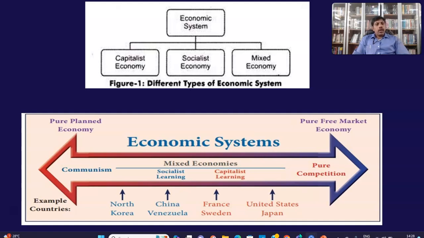Therefore, there is no intervention from the government. So what are the merits and demerits of the capitalist economy? Let us discuss one by one. The merit of a capitalist economy is that it is like a meritocratic society: only the people who are very good, talented, hardworking, and skillful will be able to produce more profit in this economy. Other people, not so much. And the next merit is that it registers a high level of economic growth.